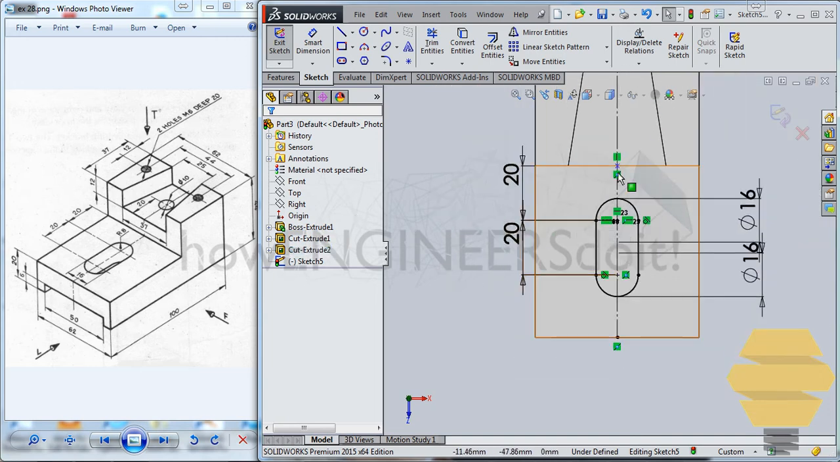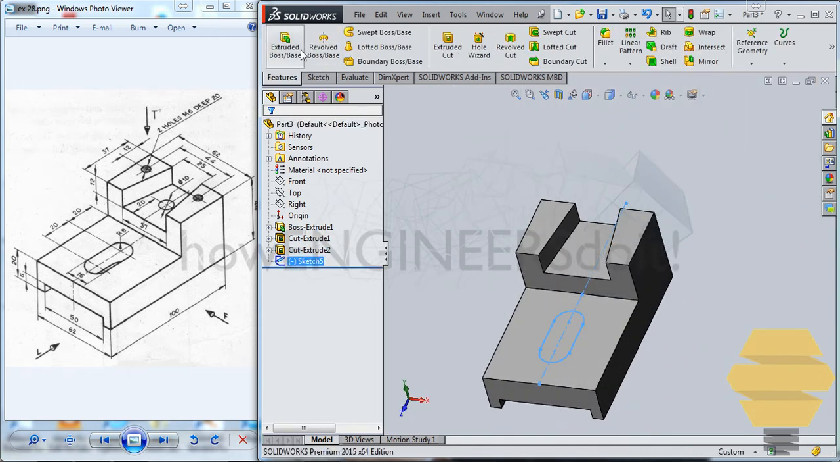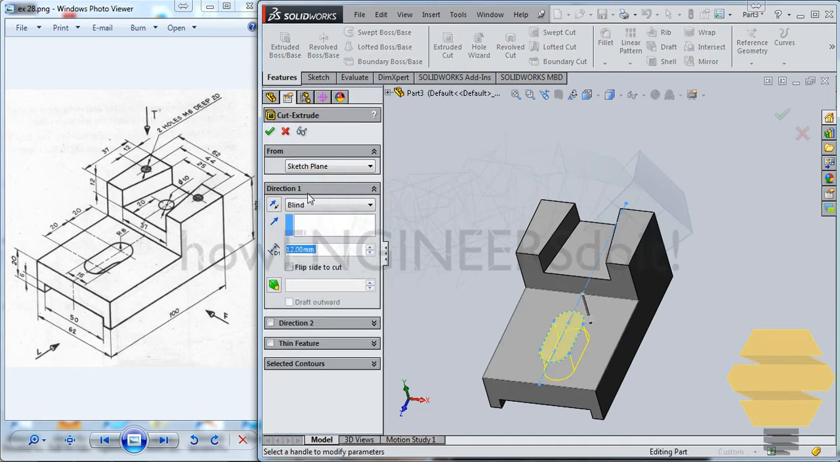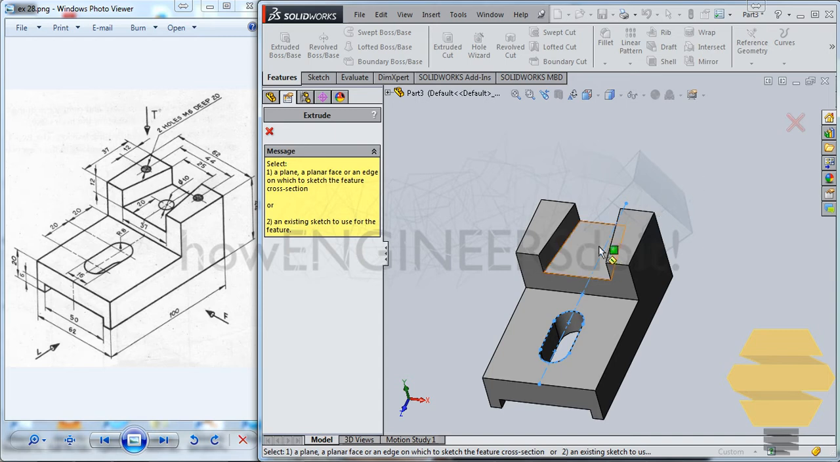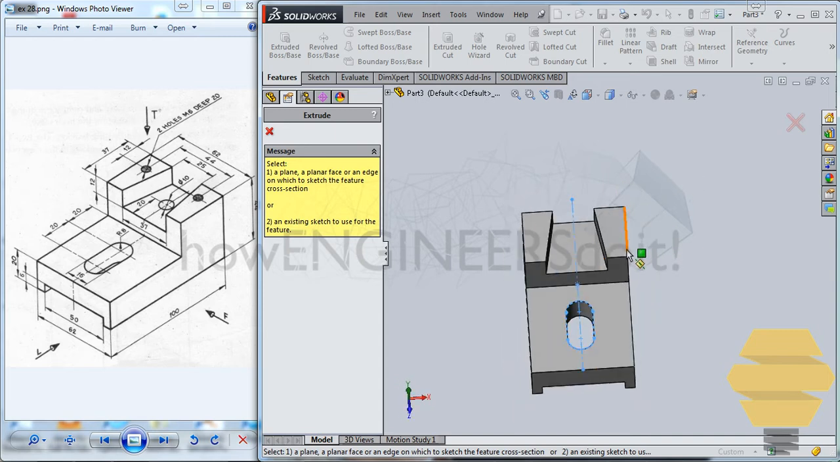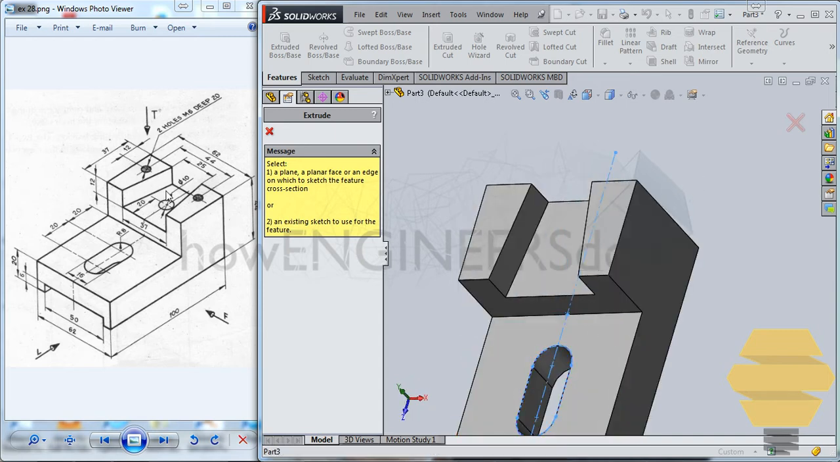Now we can simply exit the sketch and go for extruded cut. Up to next will do the trick. We have the hole being created there. Now lastly, we have to do this hole here. So you can just select